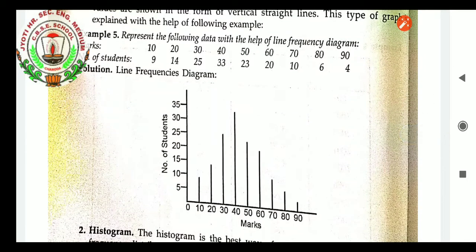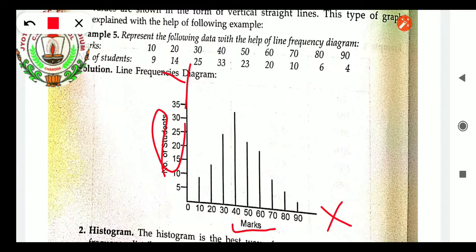The student marks are given on the x-axis and the y-axis. Here we can see the data like 0, 10 marks represented on the x-axis. It is the x-axis, it is the y-axis. Marks are represented on the x-axis and the number of students, the frequency, on the y-axis. Okay, and now what is being represented there?